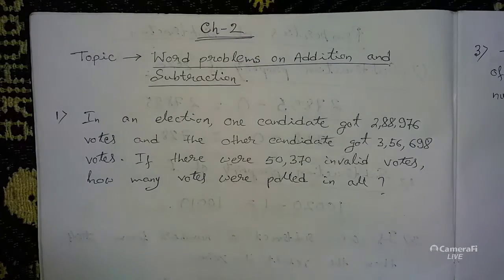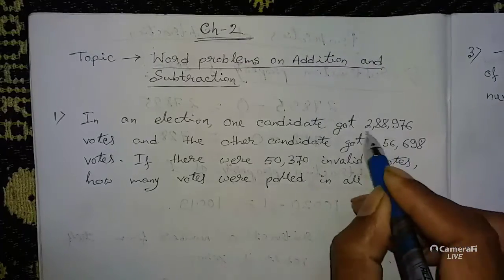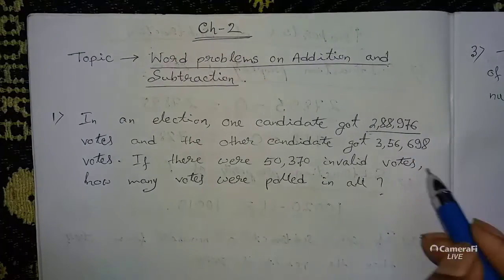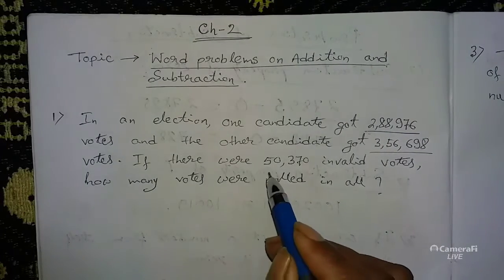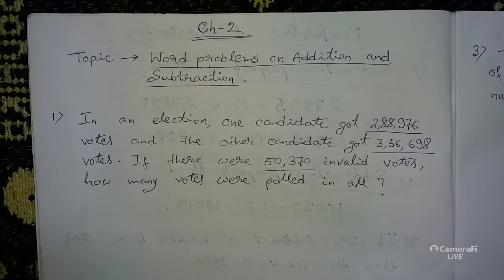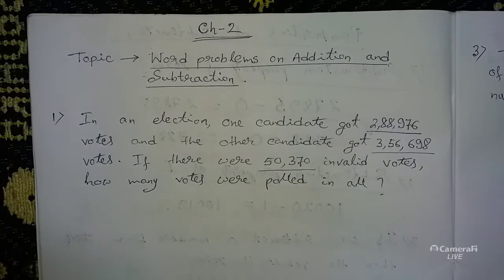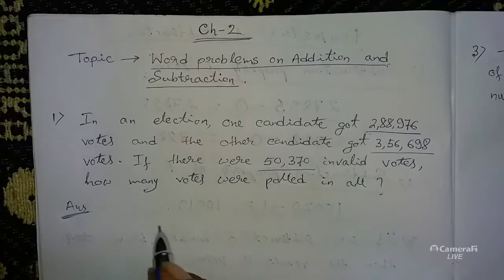So there are two candidates, the first candidate getting this number of votes and the second candidate this number of votes, and this is the number of invalid votes. So how many total votes were polled in all? We have to find the total number of votes from here. That's why we have to add all these vote numbers. So for the answer part, let us write the statement that